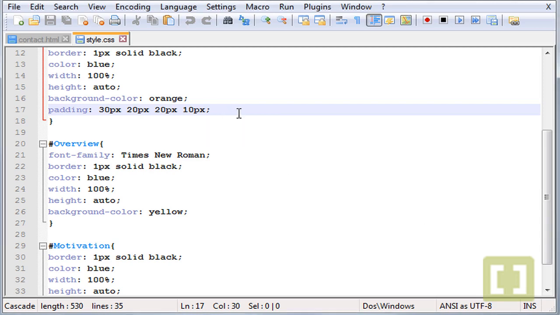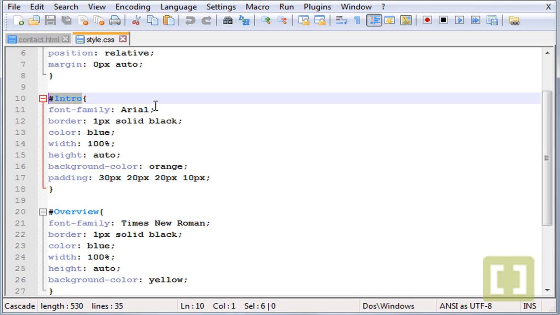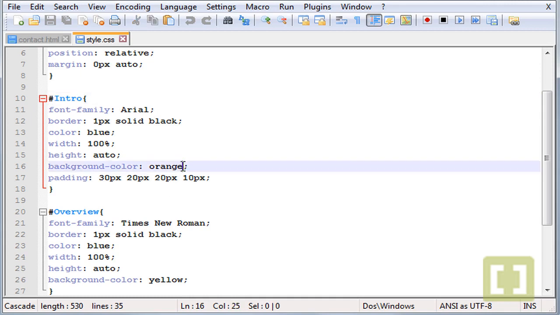Now let's try to give a new color to the background of the div intro. So instead of orange, which is really ugly, let's take this out, and we already know several colors. Green, we know orange, the most simple ones like for example red, yellow. Okay, so you can type the name of the color, or if you want a color a little bit more